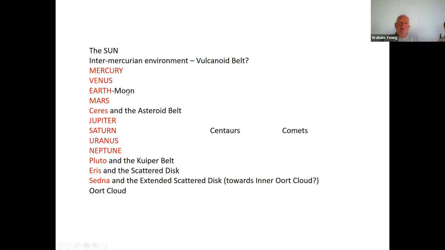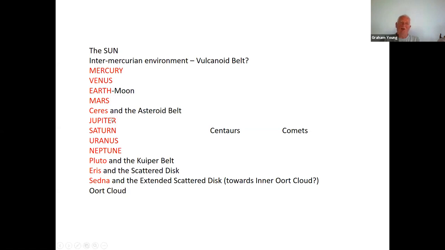I've given significance to the Moon because the Earth-Moon, even though it's not a double planet, because the center of gravity is inside the Earth, is dynamically and planetologically special. The Moon is like another planet. It's like the solar system's 5th planet. And then we've got